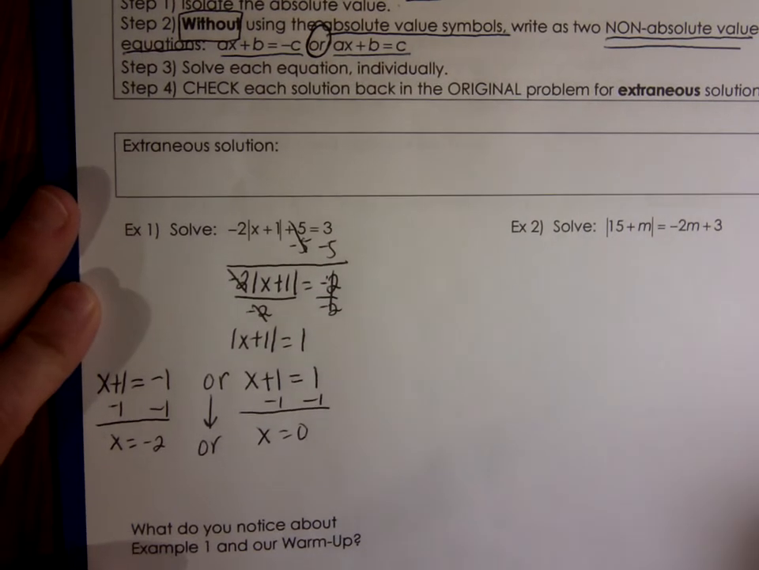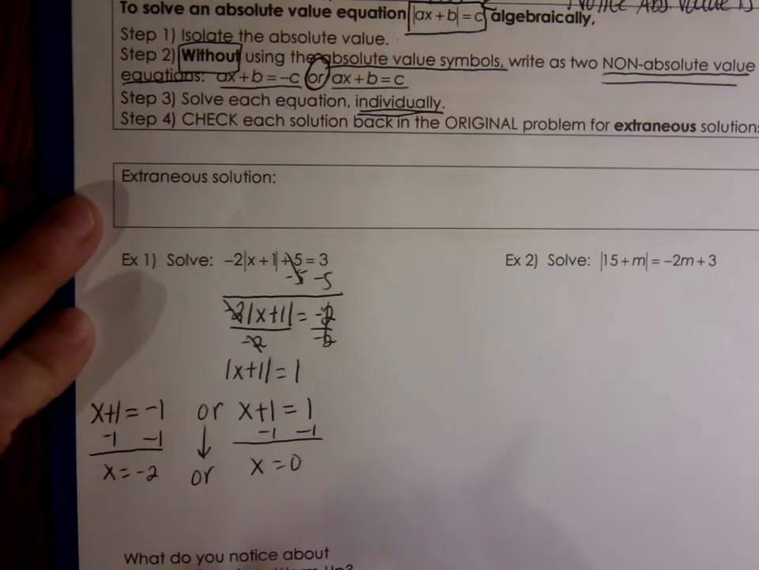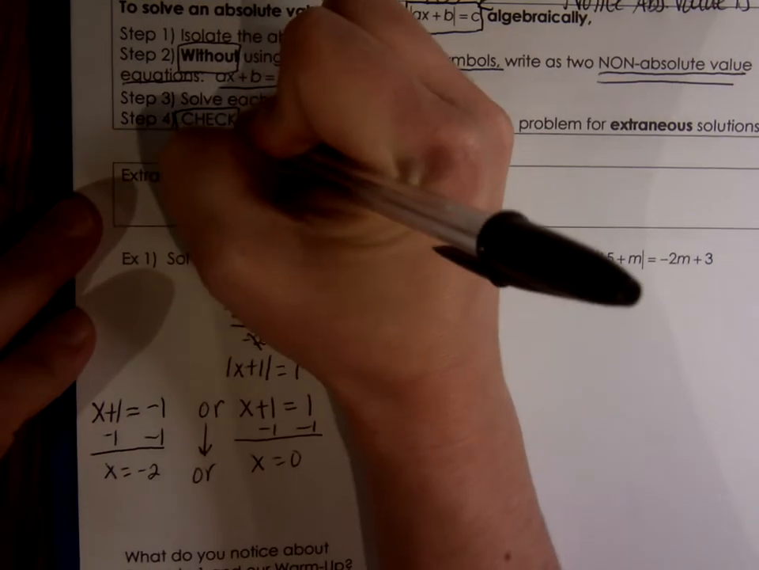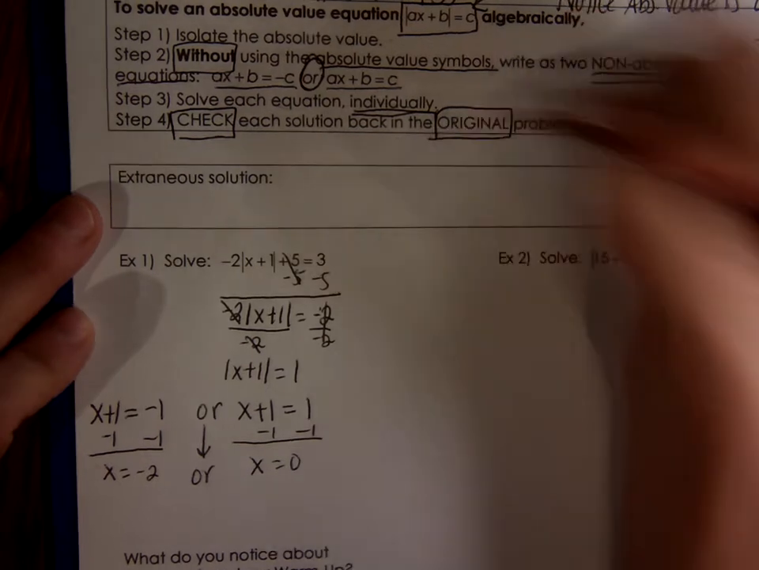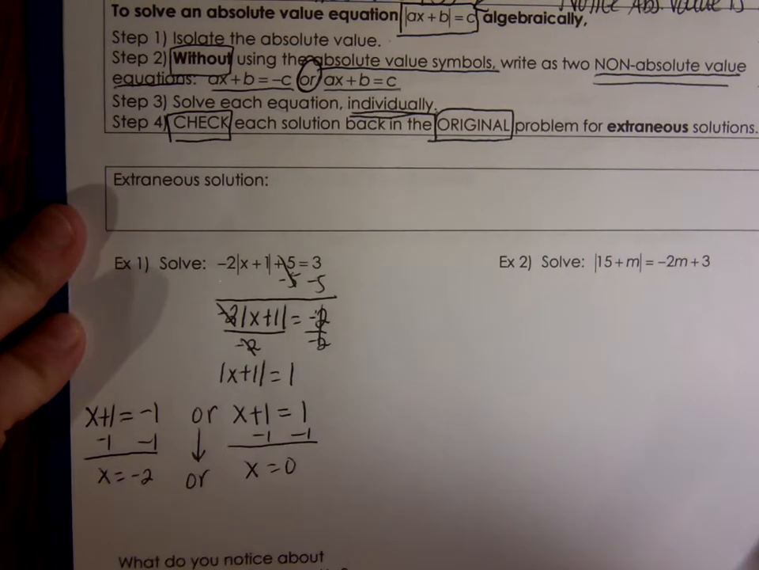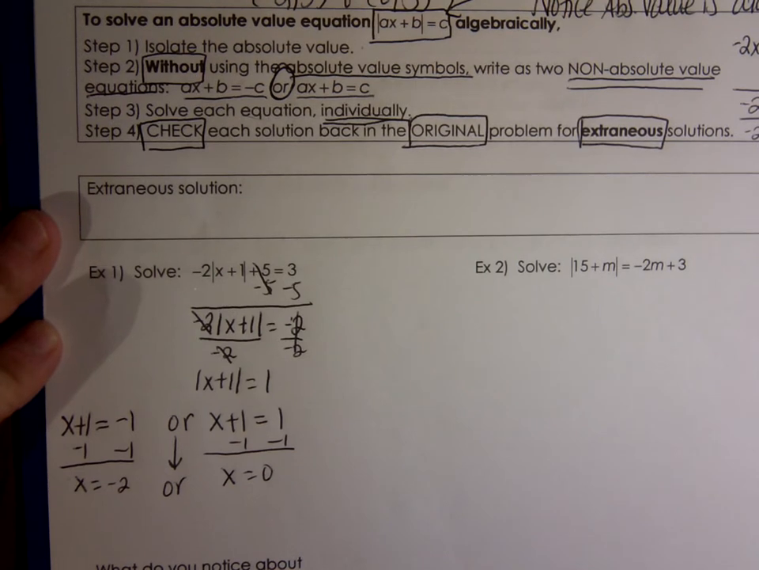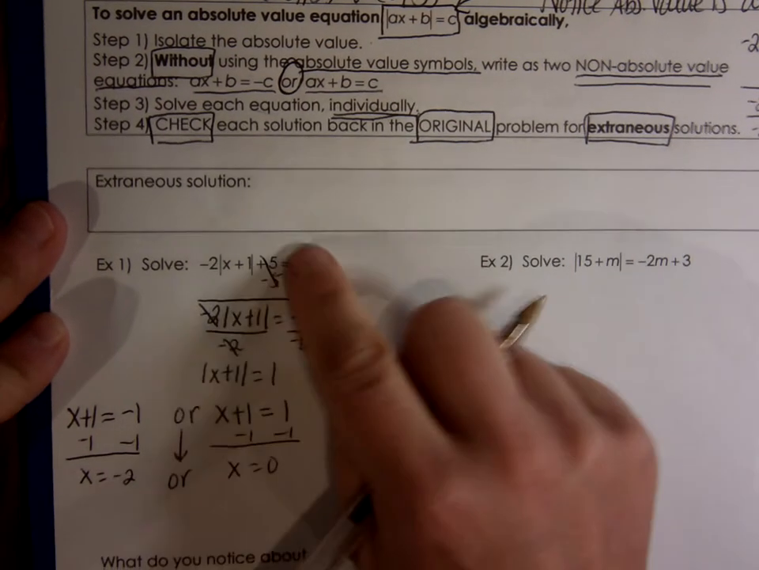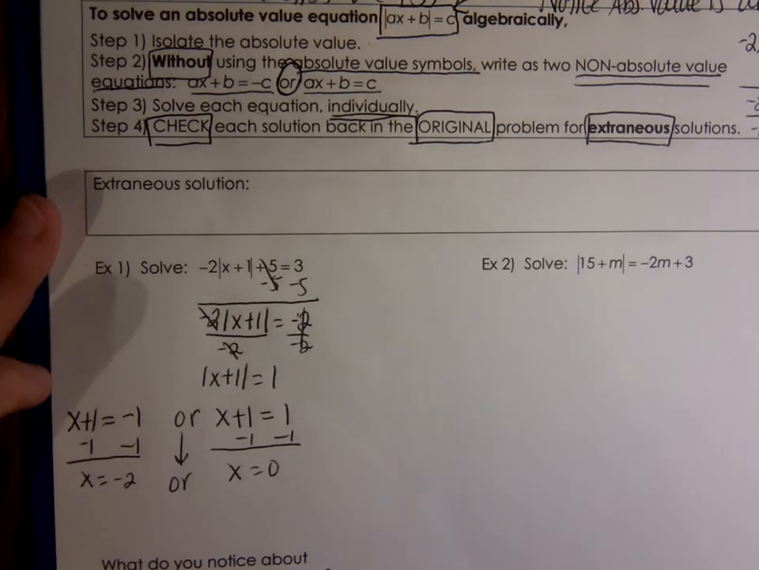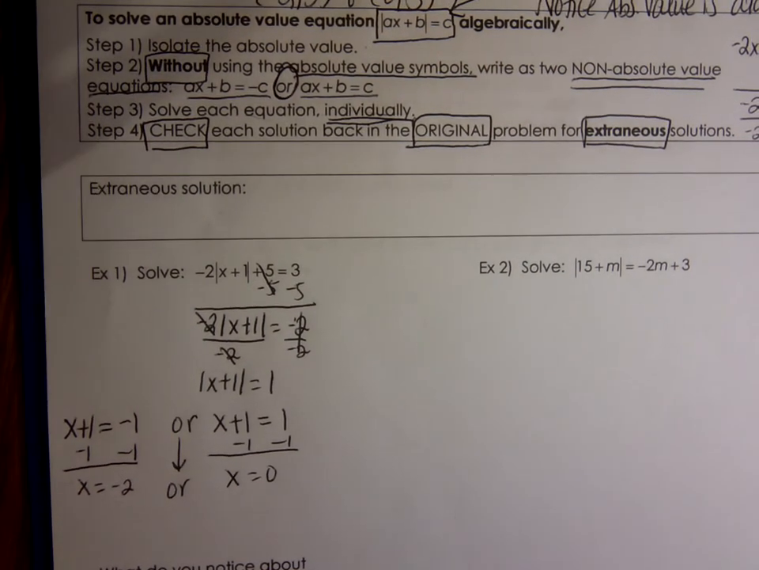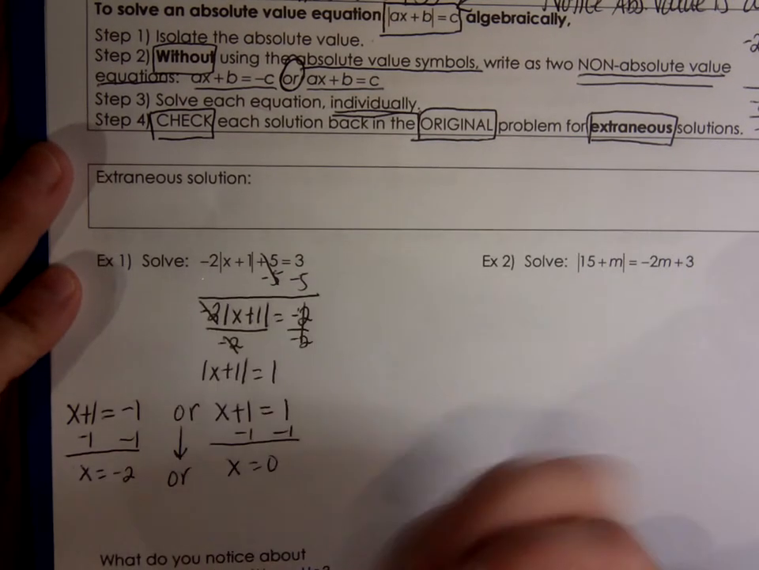Now what's really important is after you have solved each equation individually, just like we did here, the next step is to check each solution back into the original problem. And we're checking for extraneous solutions. This is a step that I'm going to be looking for every single time. You have to check back into the original, not the one that you isolated. Because what if you made a mistake? That wouldn't be a very good thing for you to plug something back into something where you made a mistake. That's not good. So anyways, we check back into the original problem, and so I'm going to write